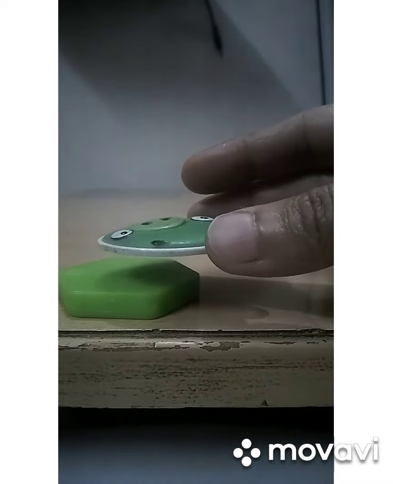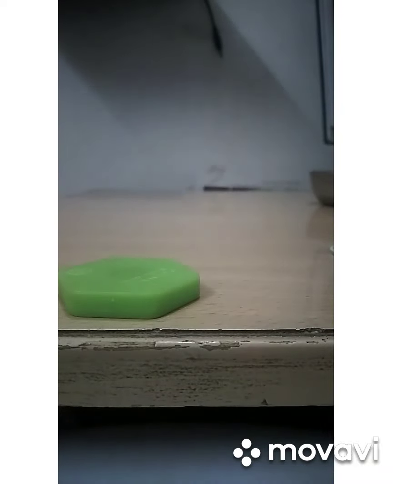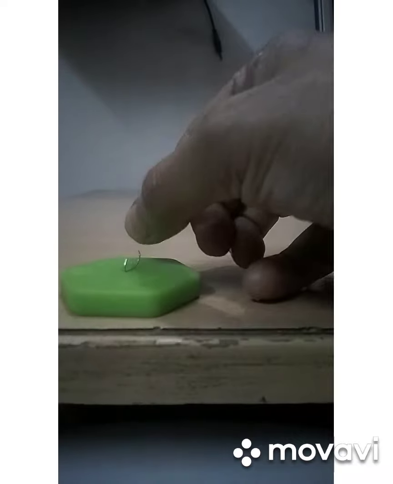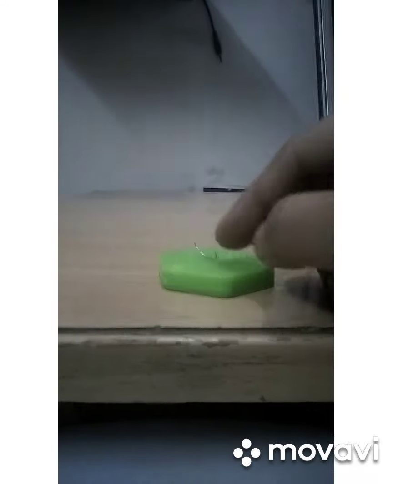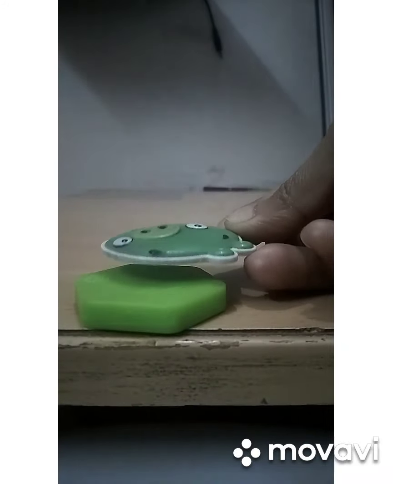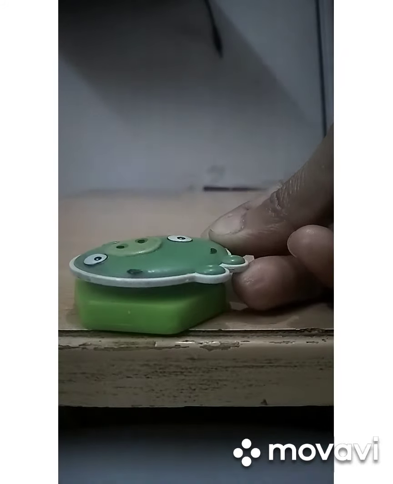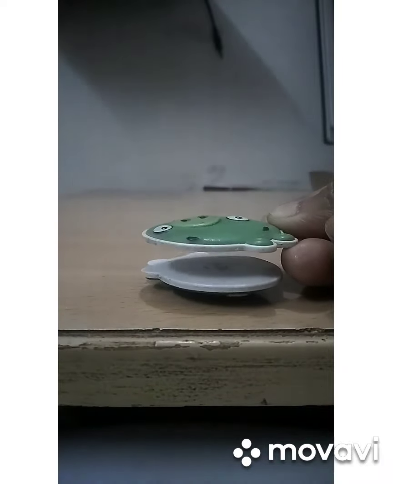But if I bring a small piece of iron close to it, let's see what happens. I am bringing a small pin close to it, and this pin gets stuck to this object. So this object is also a magnet, but since this magnet is getting repelled by this magnet, it is moving away. It means that these magnets should be of like poles. That is why they are repelling each other. Whereas this magnet and this magnet must be unlike poles. That is why they are attracting each other.